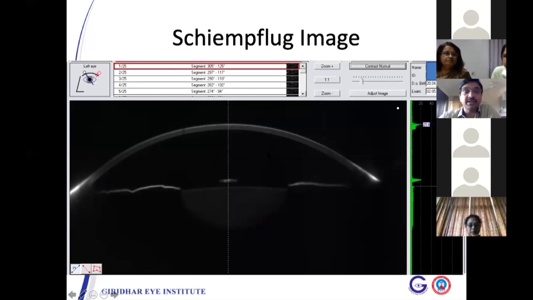So this is the picture. This is how the machine captures the image. It takes multiple images. There is a camera at the center which is for focus, and a second camera rotates 180 degrees from temporal to nasal side and catches various cross sections, and from this the data is captured. So this is the raw image, and this is an interesting output called densitometry.